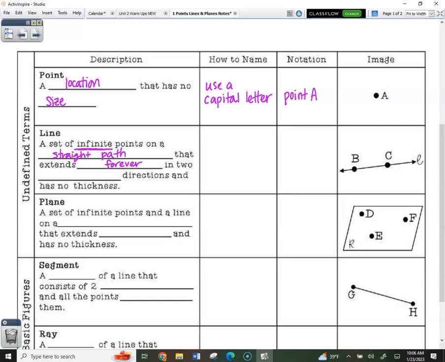Y'all ever seen The Sandlot? It's a delayed reaction. Please tell me y'all seen The Sandlot. Yeah. You know when he's like